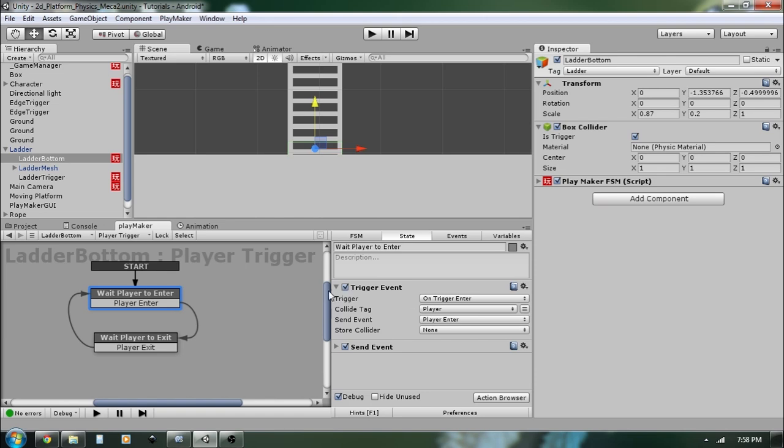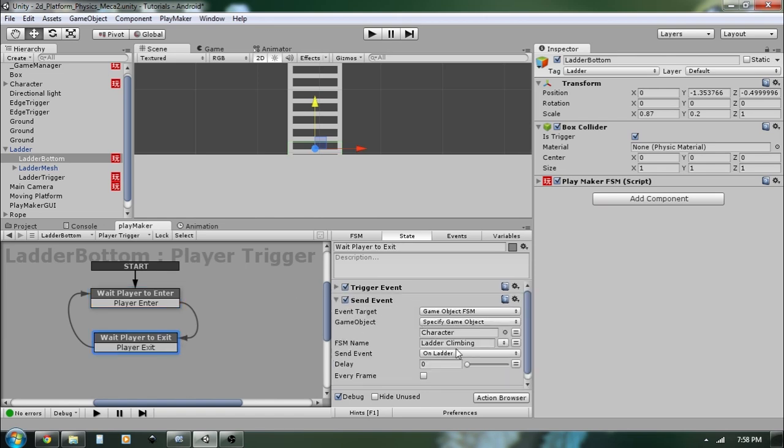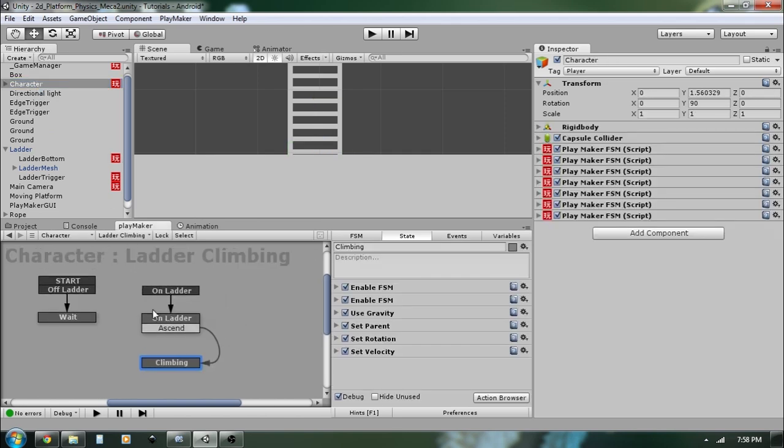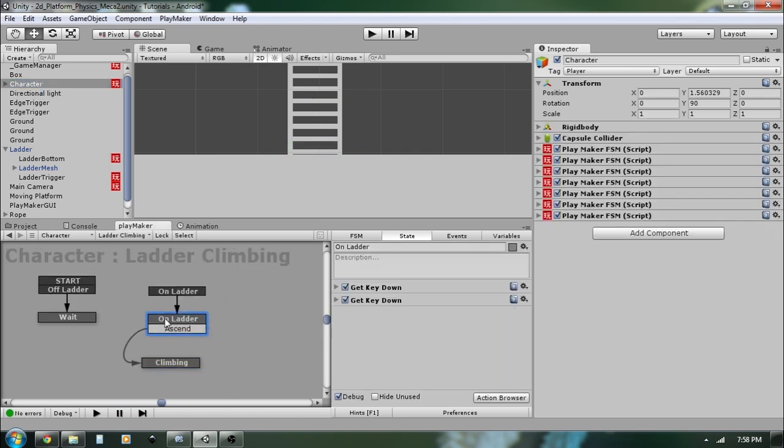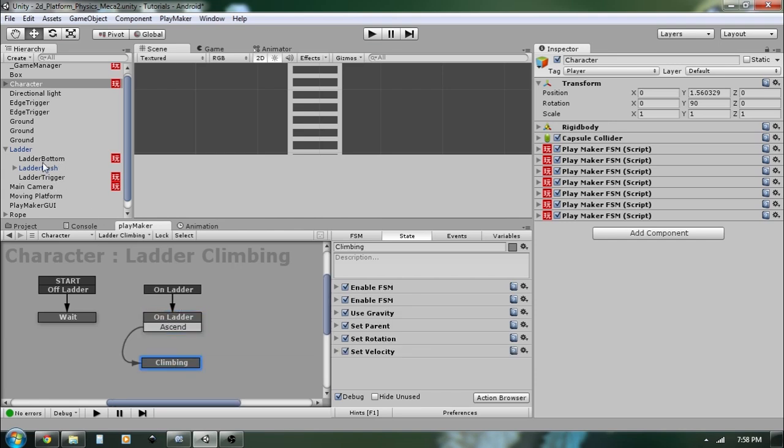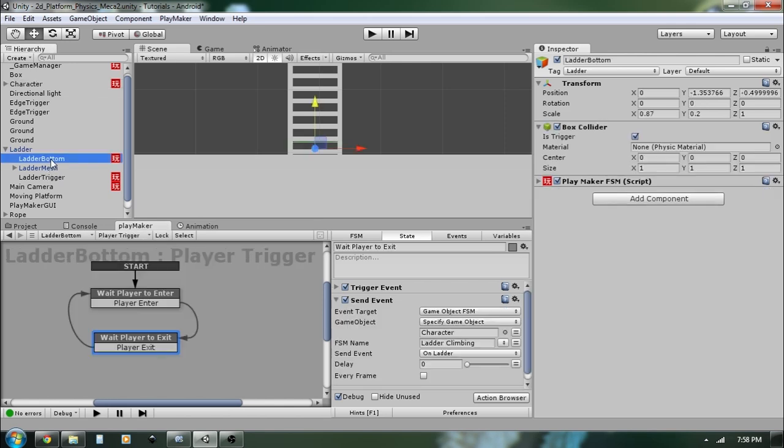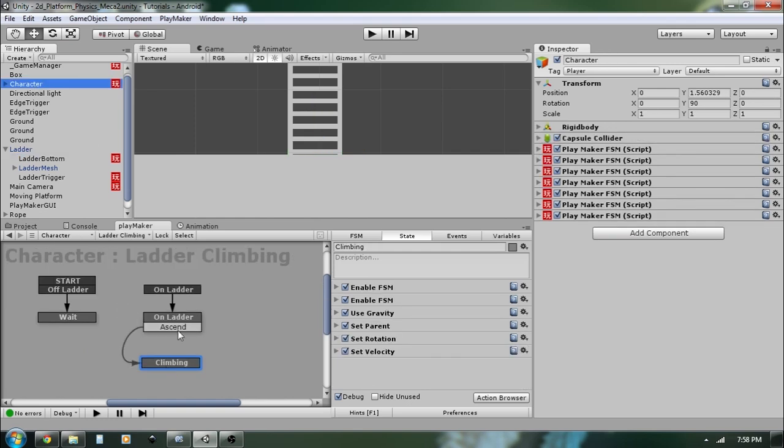On player enter, it will send the on ladder event, and as we can see here, our ladder climbing state on ladder will go back to the state if that happens. So when we enter this ladder bottom collider, perhaps from above, it will reset this state back to on ladder, so we can move, so this is enabled again. Okay,